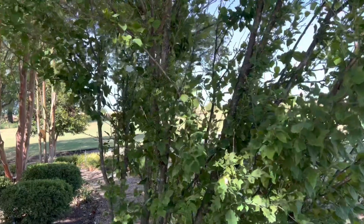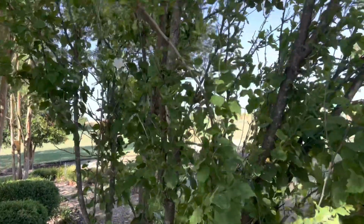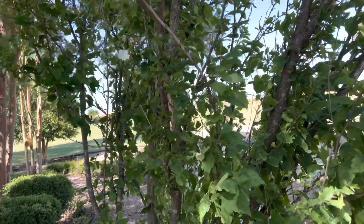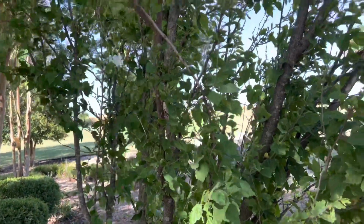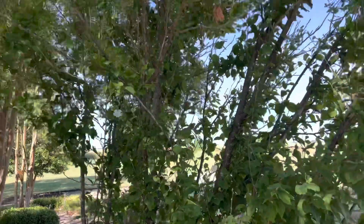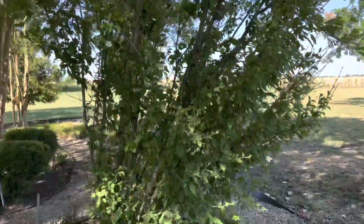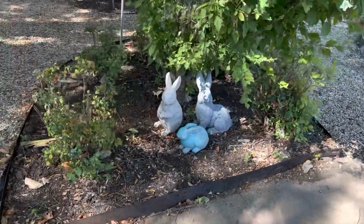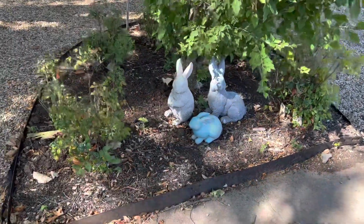But I think it was because I made a vase, an arrangement out of these when they were in full bloom last year, and some pink Crape Myrtles. So I was just thinking in my head they were pink, but actually white, and this will all fill up with white blooms. So yeah, and in here, in this bunny bed is what I call it, because my figurines